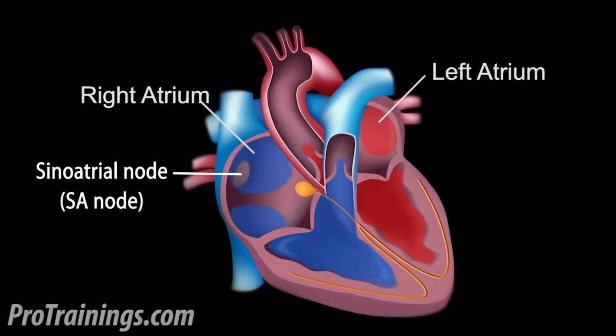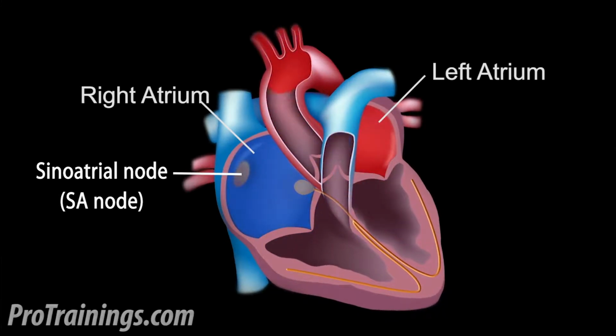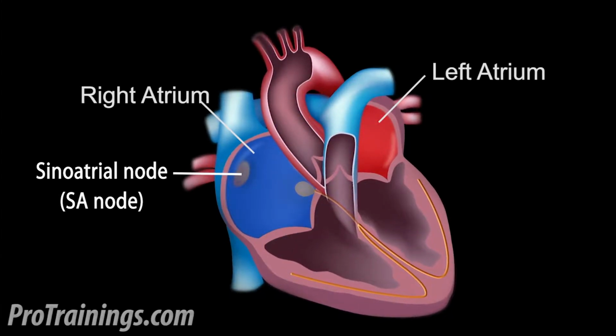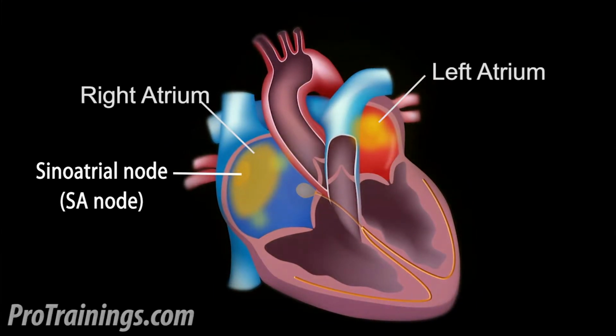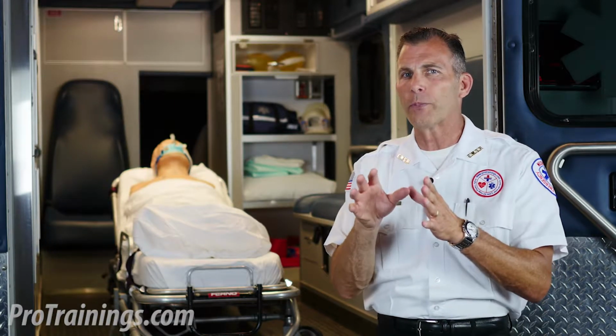This internal pacemaker, when the heart is working correctly, generates an electrical impulse that then travels through the myocardium in a very organized and deliberate fashion. You see, this SA node generates an electrical impulse at about a rate of 60 to 100 times per minute. Now let's follow that pathway of the electrical impulse from the SA node to where it terminates at the end